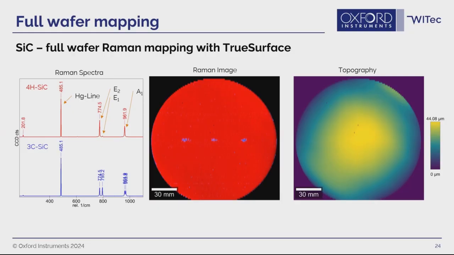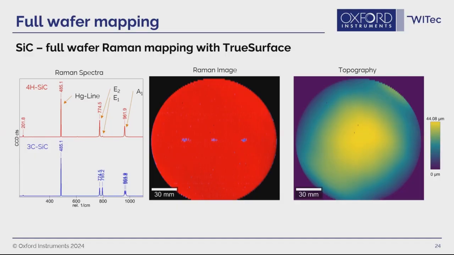As seen before, the topography of the wafer was recorded as well. As our true surface technology is a one-pass technology, we measure the topography simultaneously to the Raman measurement. So this doesn't require any additional time. One can see that the wafer from minimum to maximum has a height difference of 44 microns over the whole